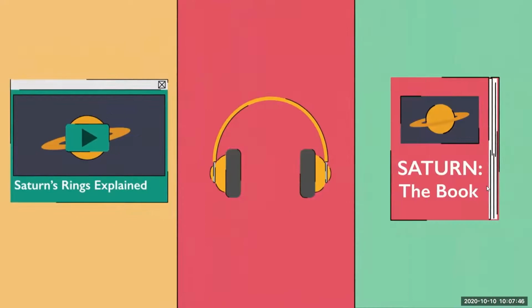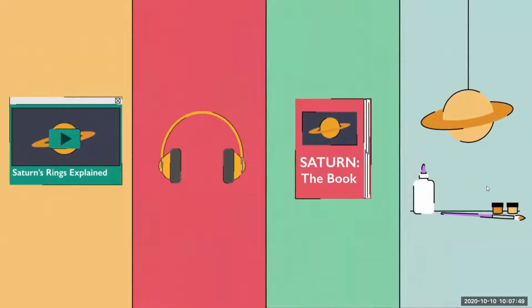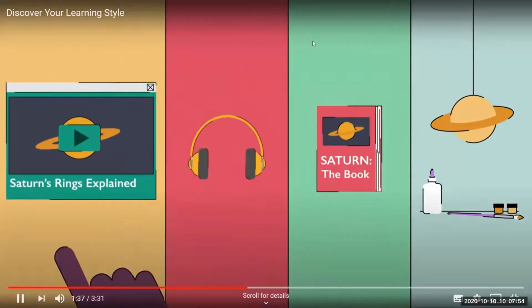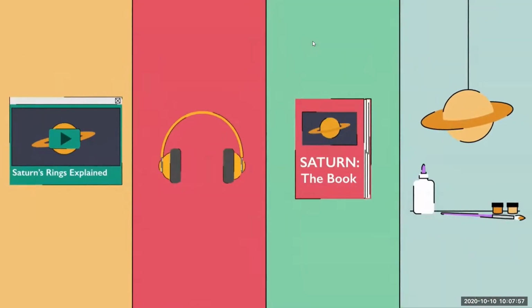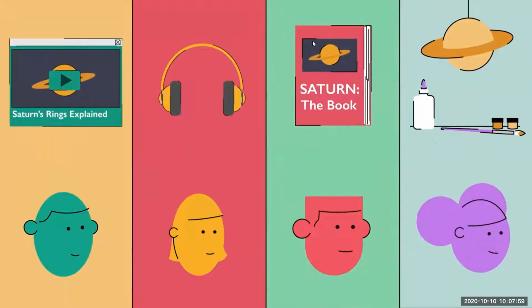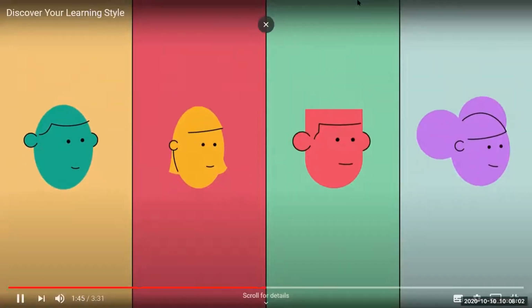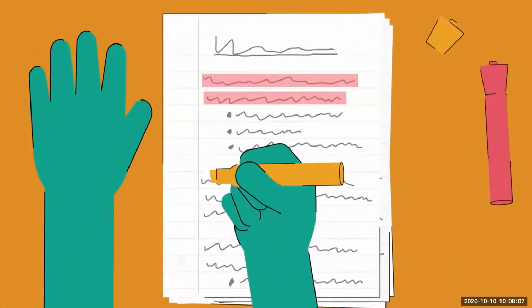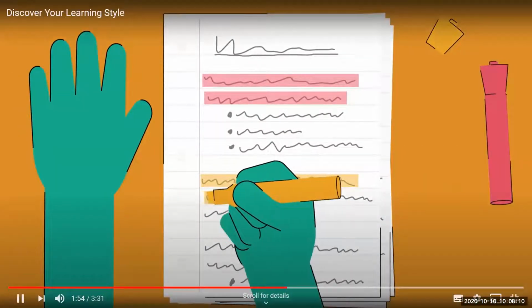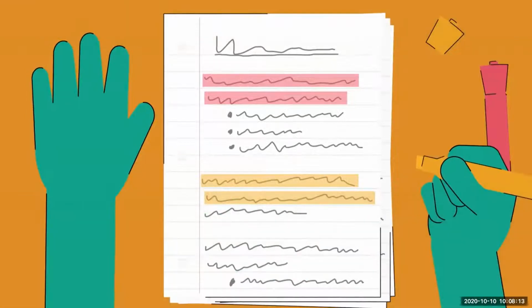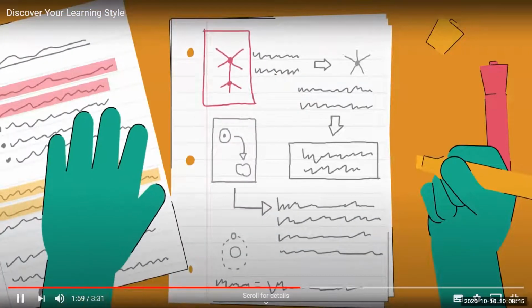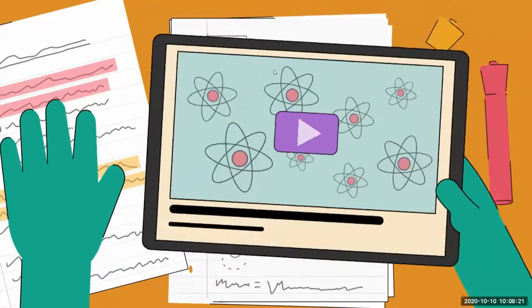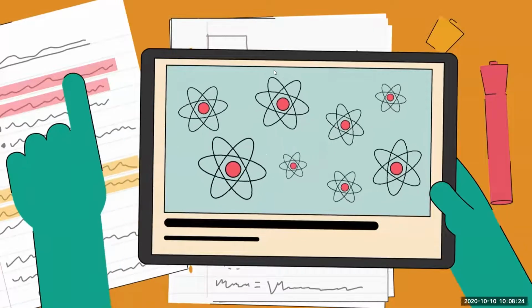Do you enjoy reading instead? Or maybe you learn best by doing, with hands-on experience. If none of these seem to grab you, give them each a try and see which one you tend to drift towards. Each learning style has its own study methods that work best with it. Let's take a look at how Jonathan and a few of his classmates study. As a visual learner, Jonathan finds it helpful to color code his notes. He finds it helps him to organize information and internalize it better. He also creates diagrams while studying, finding that they help him to better understand certain structures and ideas. Jonathan watches videos too, finding them helpful for extra information.